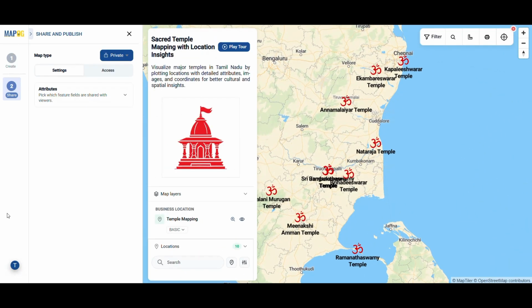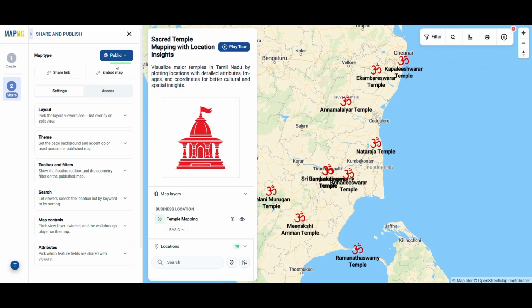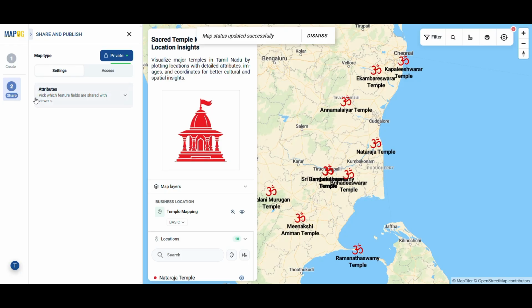First, choose the visibility of your map. If you select Public, anyone with the link can view it, making it ideal for presentations or showcasing projects. If you're working with an internal team, choose Private so only authorized members can access the map, keeping your project